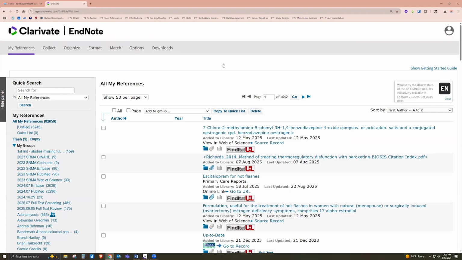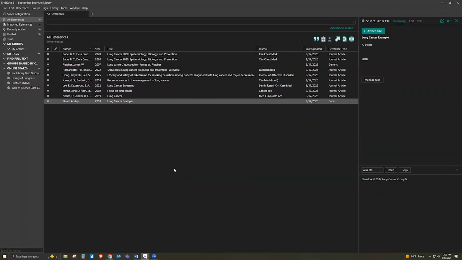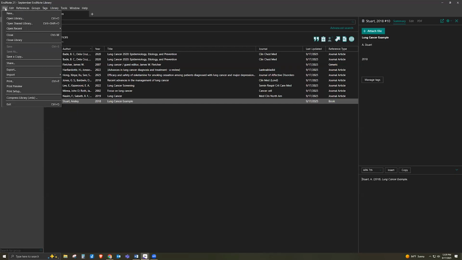So you'll create the online account, make sure you can open it through the registration confirmation email, and then you will come back to your EndNote library on your desktop here, and we're going to sync it to our EndNote online account. So you'll go to